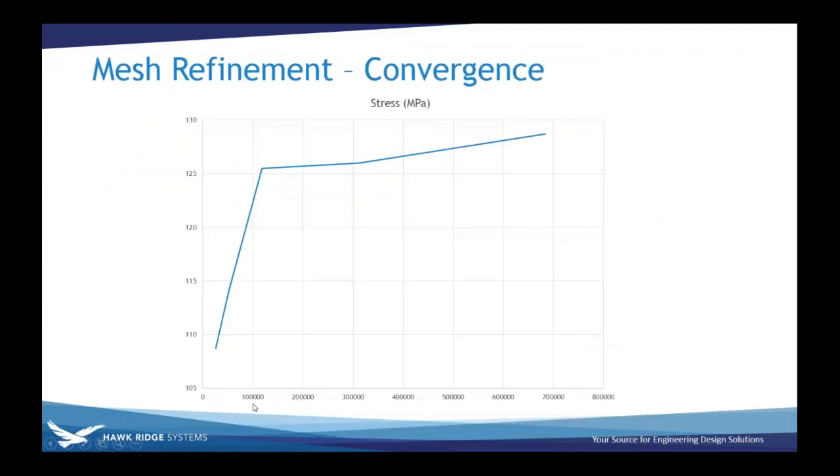So if you plot that out, horizontal axis is degrees of freedom, vertical axis is stress, you often see these curves that have this kind of knuckle to them. Between 100,000 cells and 700,000 cells, I've got a variance of like 3 or 4 megapascals, 3 or 4%. That variance is probably going to be less than a bunch of the assumptions I've made in putting this analysis together. So the lowest model that I'm happy with